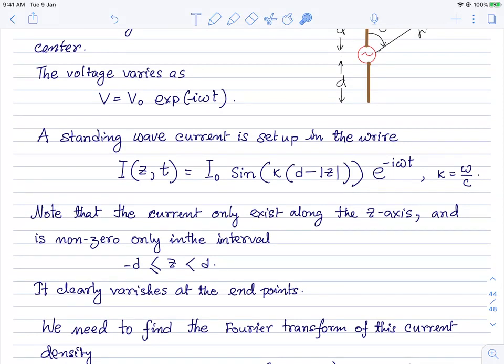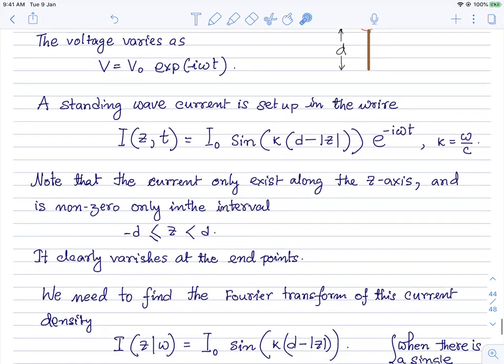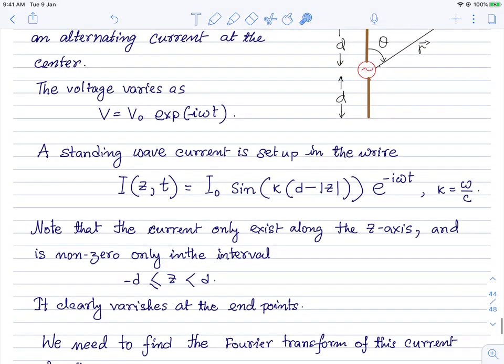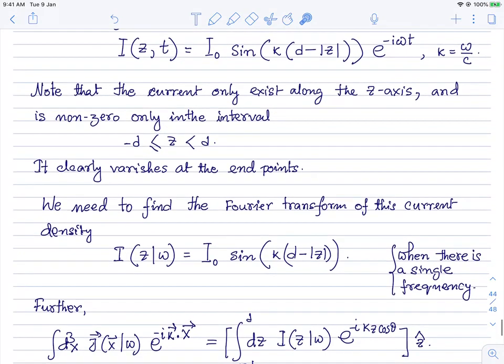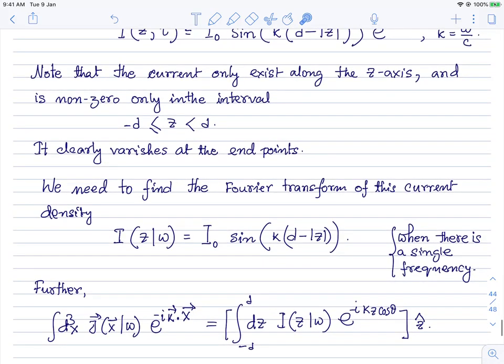So we will see that. The kind of radiation that it will broadcast would depend very crucially on this frequency omega. Okay, we'll see why. So basically we take this current,